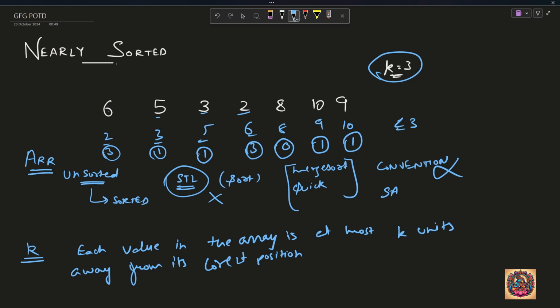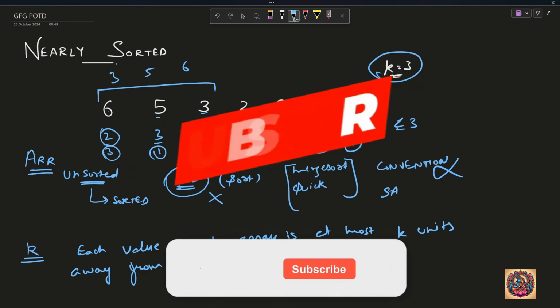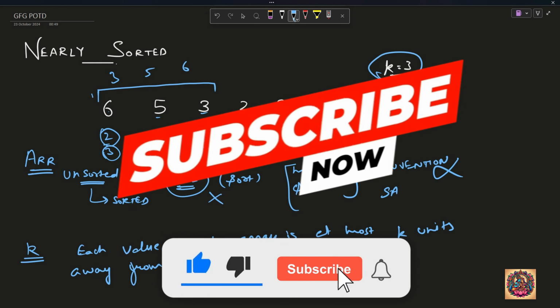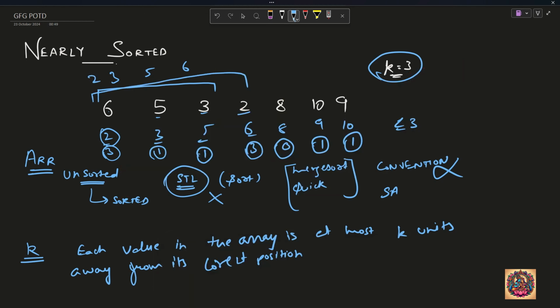What I can say is that I have been given a value k, right? So if I take the first k elements and sort them, I get 3, 5, 6. My first element is 2, so that means I need something more. If I take the first k plus 1 elements, it will give me 2, 3, 5, 6. You can see that in this sorted order, 2 is the first one, so I will put 2 here. This is a simple algorithm: the element on the 0th position should be among the distance of k plus 1. So if I take the first k plus 1 elements and sort them,